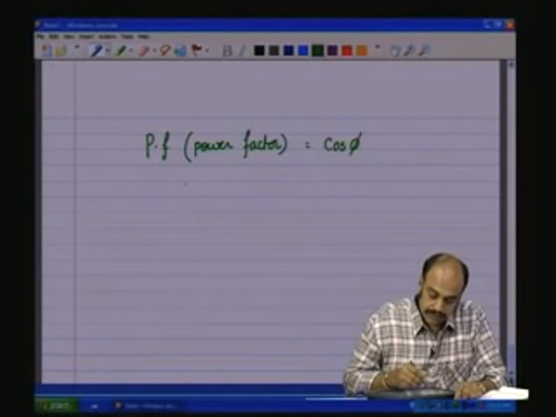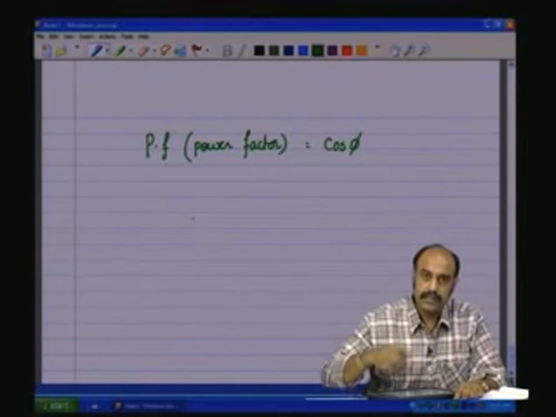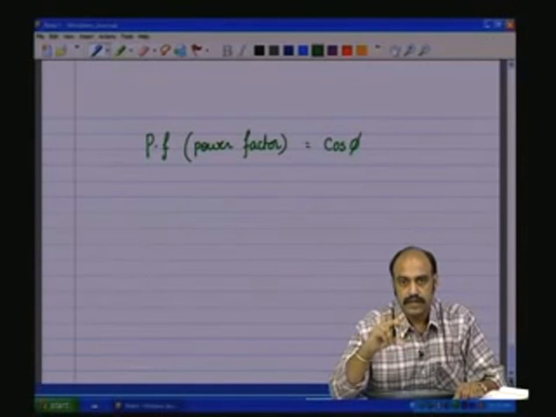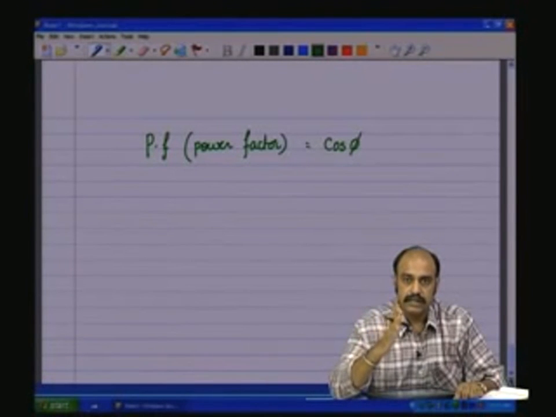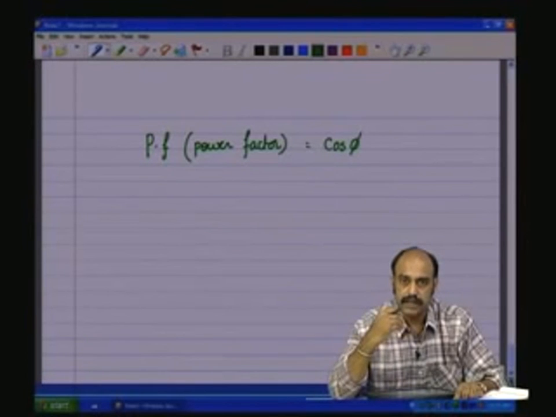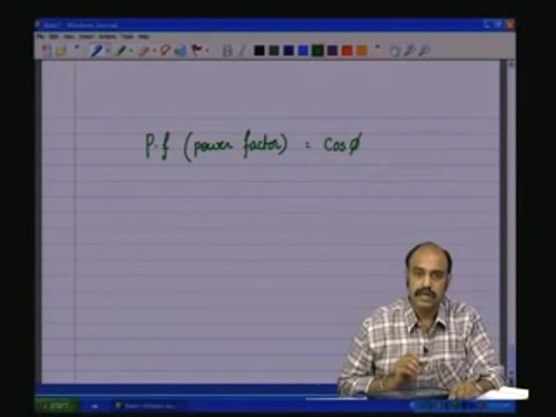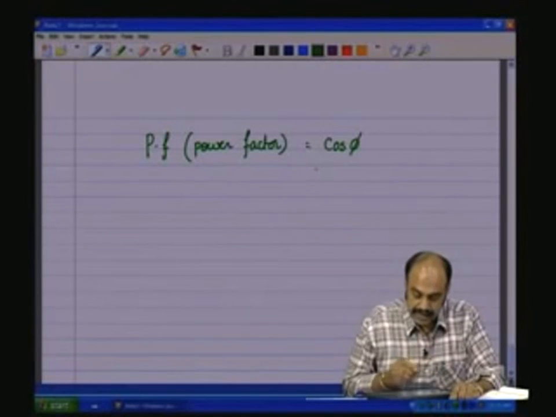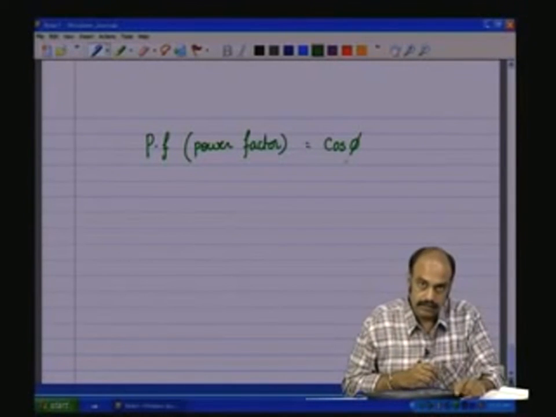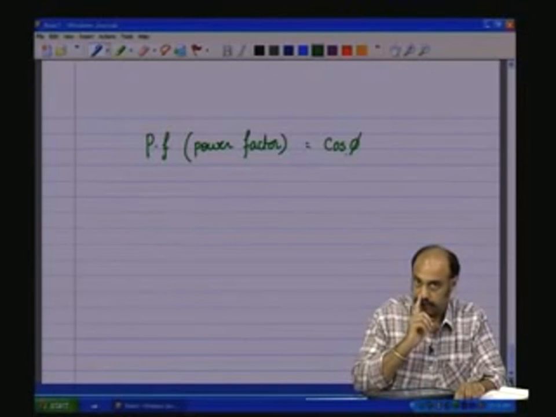So, if we have a resistive load, we saw that the phase currents and the phase voltages were in phase, but if they are non-resistive, that is, you have an impedance load, then the currents are going to either lag or lead depending upon the type of the load. If it is an inductive type of impedance, then the current is going to lag the voltage, and if it is a capacitive type of impedance, the current is going to lead the voltage. So, cos of that angle, the lead or lag angle in the phase, is going to be the power factor.